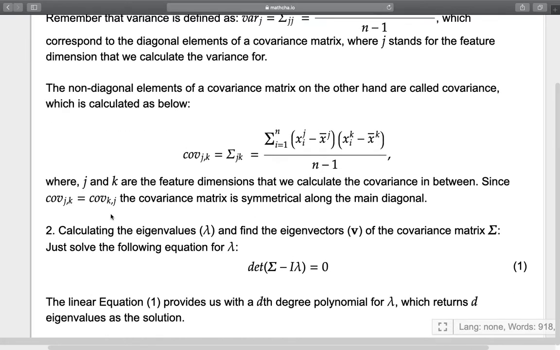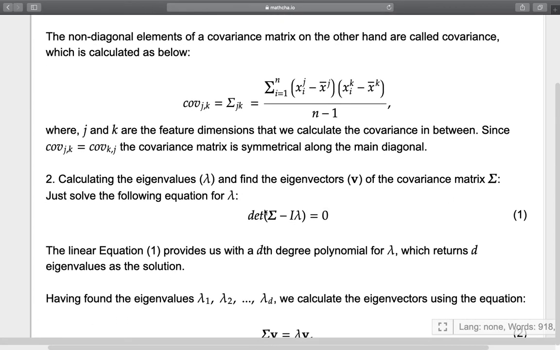Since covariance jk and covariance kj are the same, the covariance matrix we will have is a symmetrical matrix along the main diagonal. Next step, we calculate the eigenvalues and eigenvectors of the covariance matrix sigma, and we just need to solve the equation where we take the determinant of sigma minus I lambda